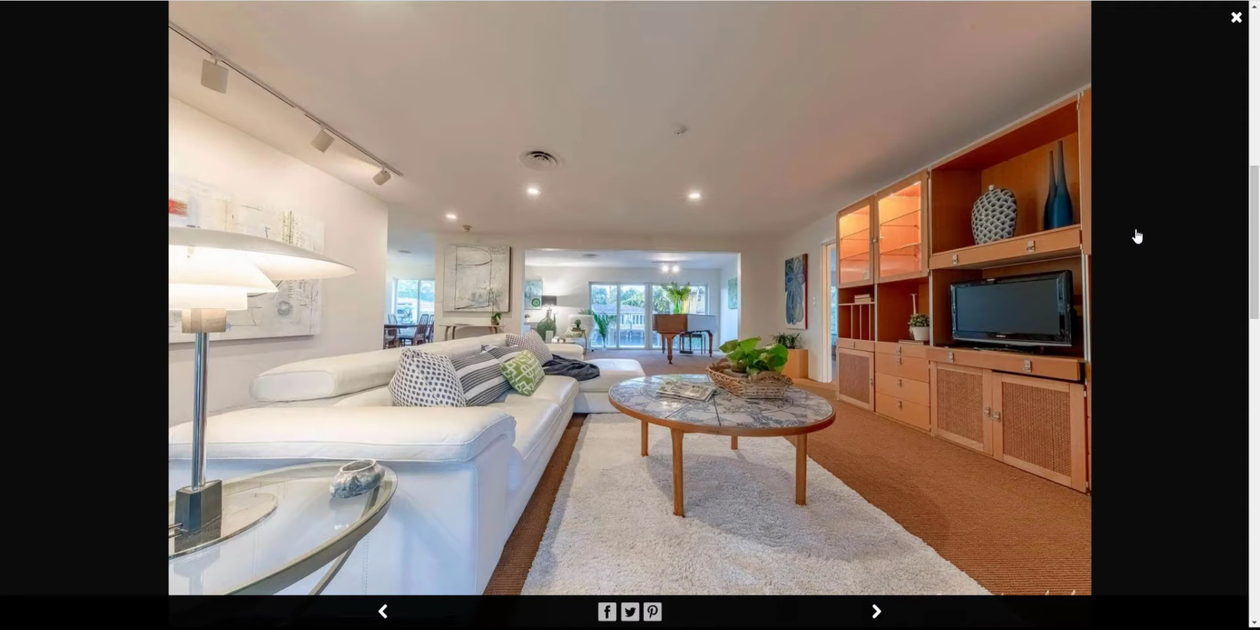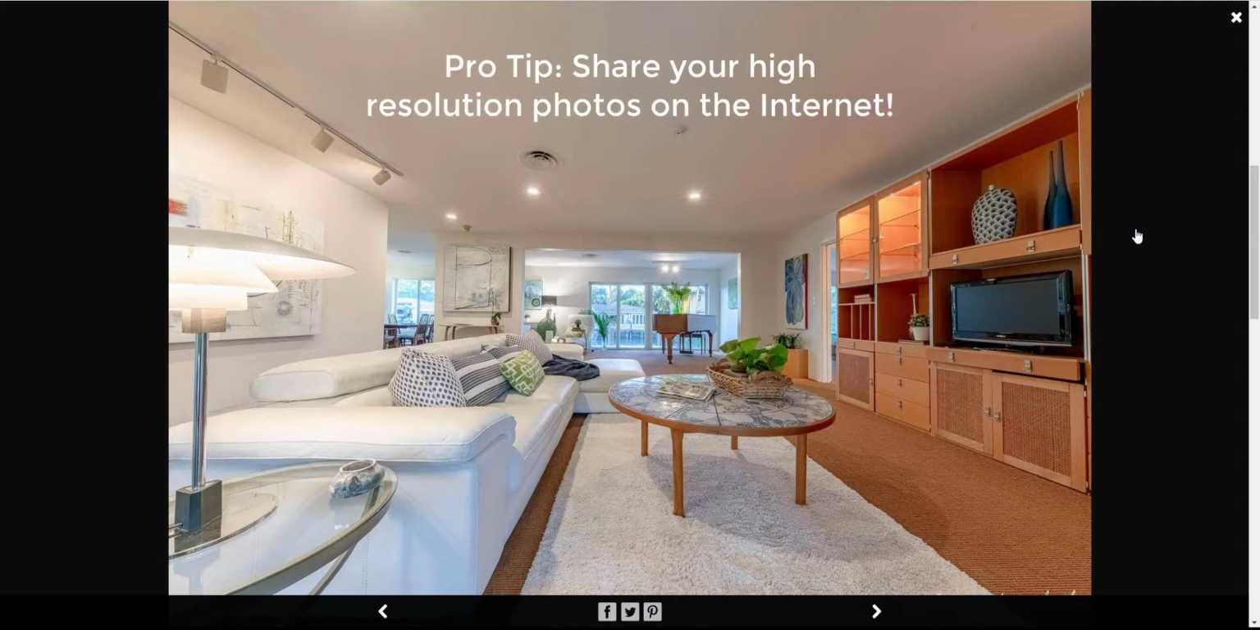With buyers staying home and looking at photos and videos and property listings online before they actually decide to go and visit a property in person, what they see on the internet could be the difference between whether they decide to go visit your listing in person or not. So it's very important that you're getting your high resolution photos out there on the internet where they can be shared efficiently